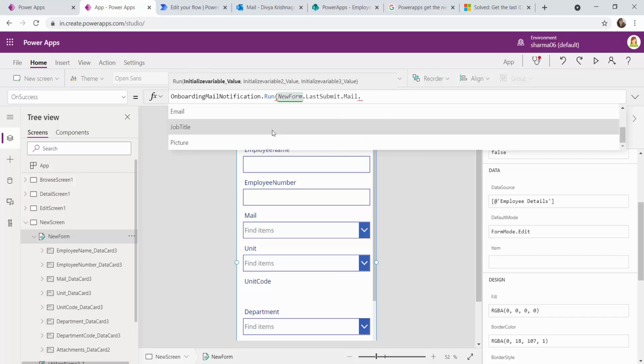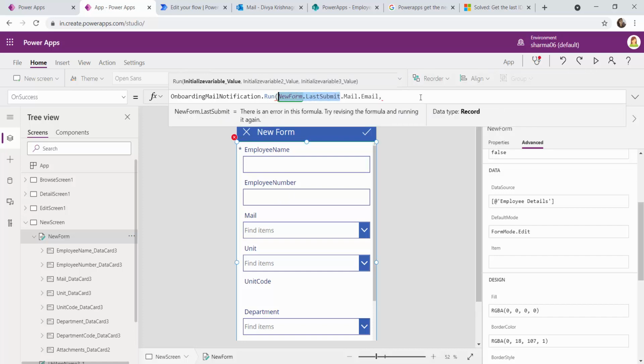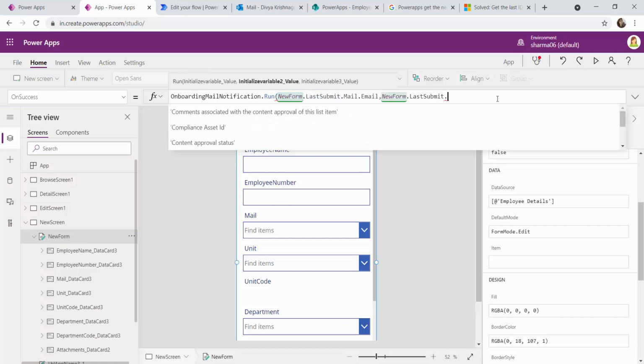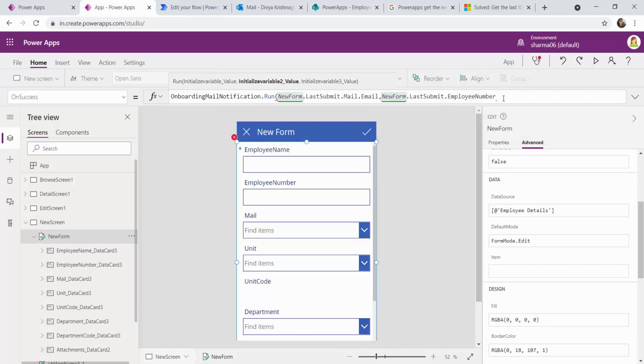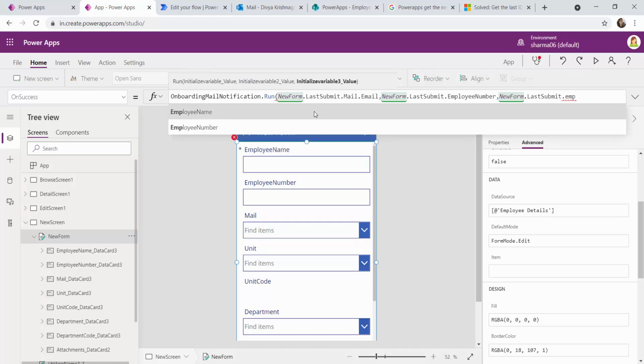So dot, and from here I'm getting the email. This is done. The second parameter would be my employee number. In a similar way, I'm going to call NewForm.LastSubmit.EmployeeNumber. Again, the last one is NewForm.LastSubmit.EmployeeName.